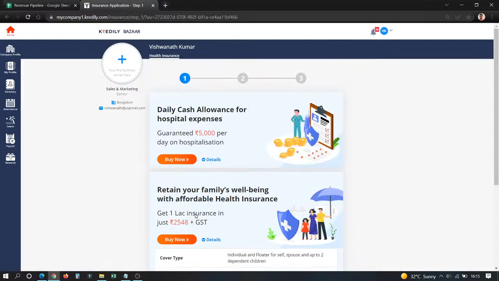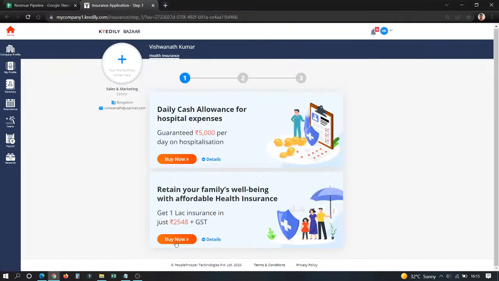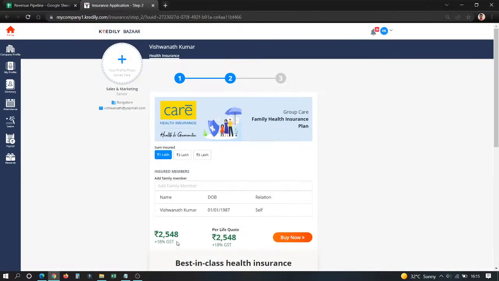For a price of 2,500 rupees, you're able to buy an insurance. And come on, this is the best price anybody could give in the market. So I request all of you to just once log into Kredily's insurance section in the Kredily Prime section and take a look at all the benefits that you're going to get. You can even download a document for that, and you can get more details about it. And you can even just do the purchase within a few seconds in Kredily, and you can do the payment